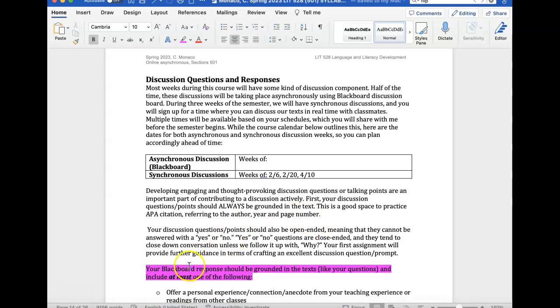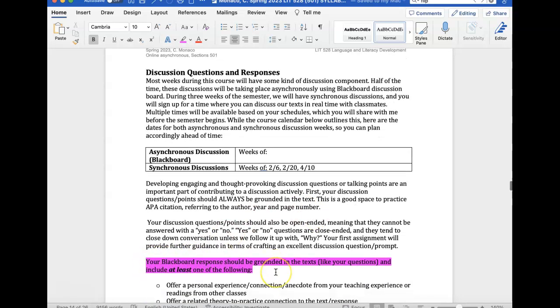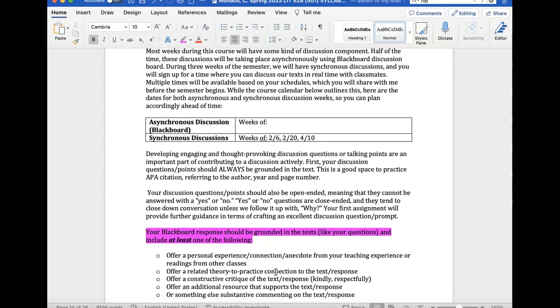Okay, so you'll notice now that there are no requirements for Flipgrid. However, if you do want to use Flipgrid for your discussion board posts or a recording of some kind or images or a PowerPoint, you're welcome to do that.